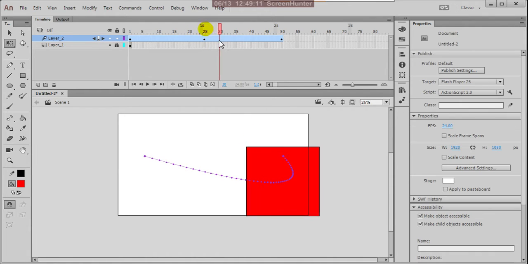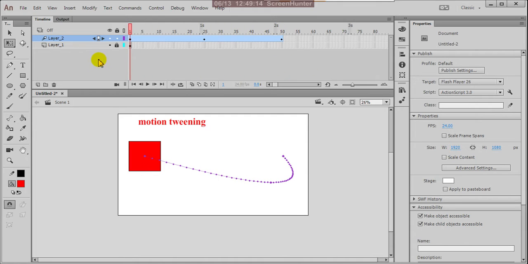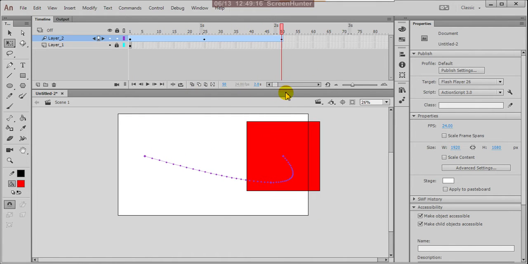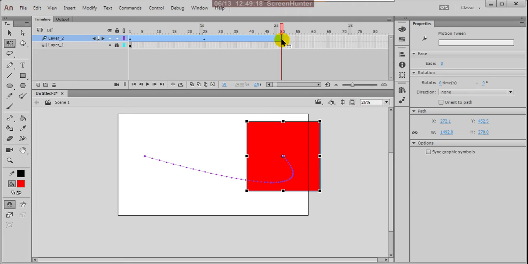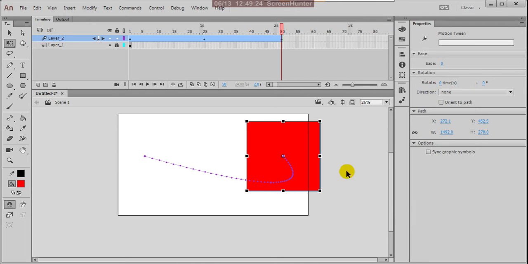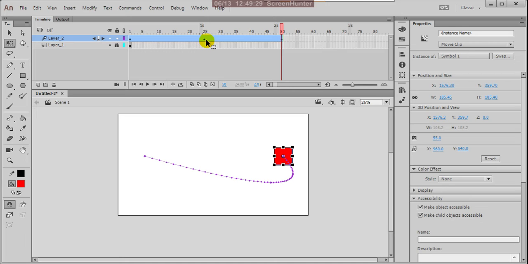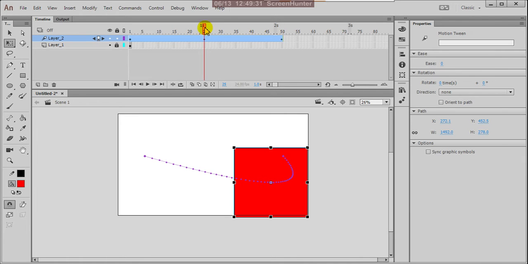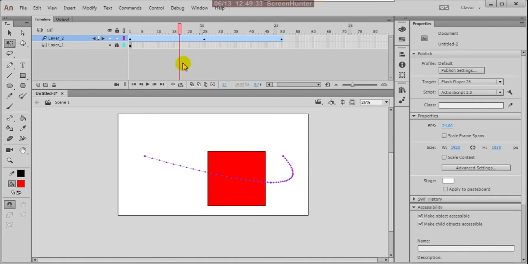Now at this position make it a bit smaller. Now see this.